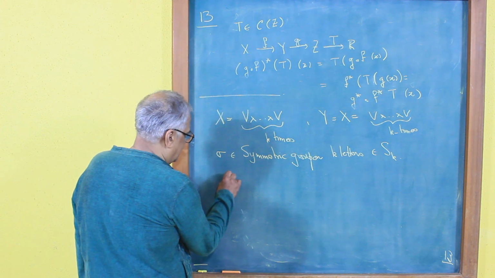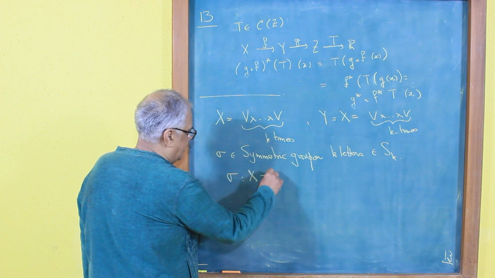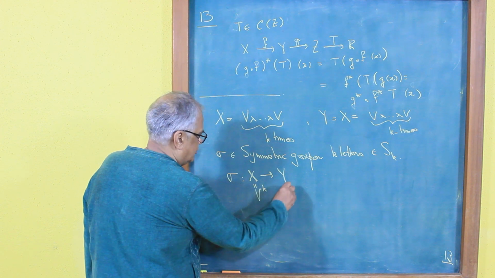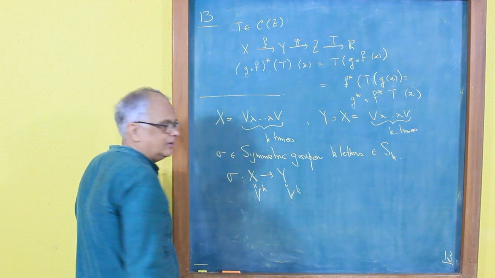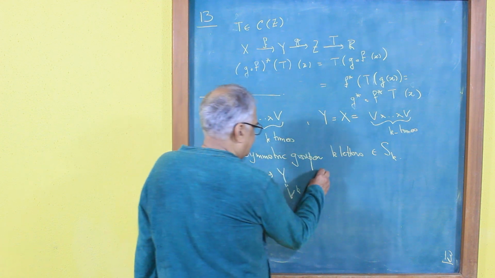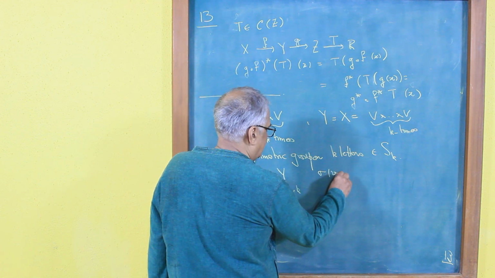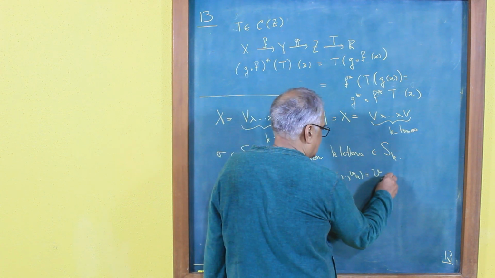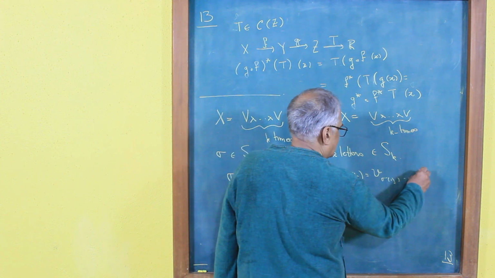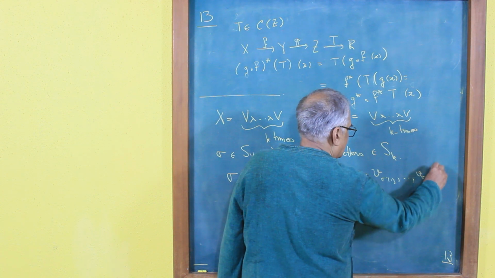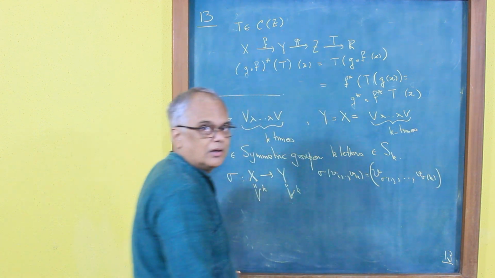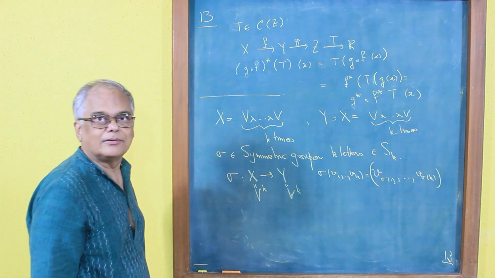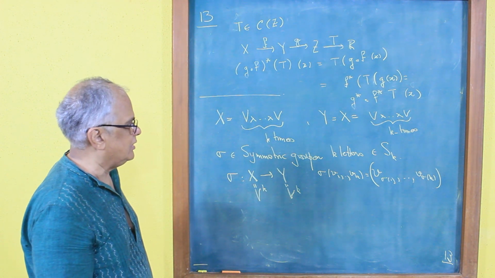Then I want to define sigma from x to y. Remember, this is V^k, this is k copies of V. So sigma is a map from x to y, which is sigma of (v1, ..., vk) is